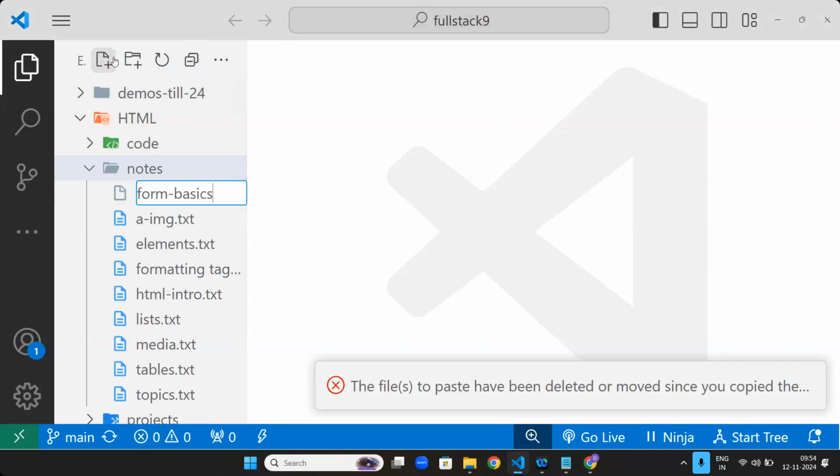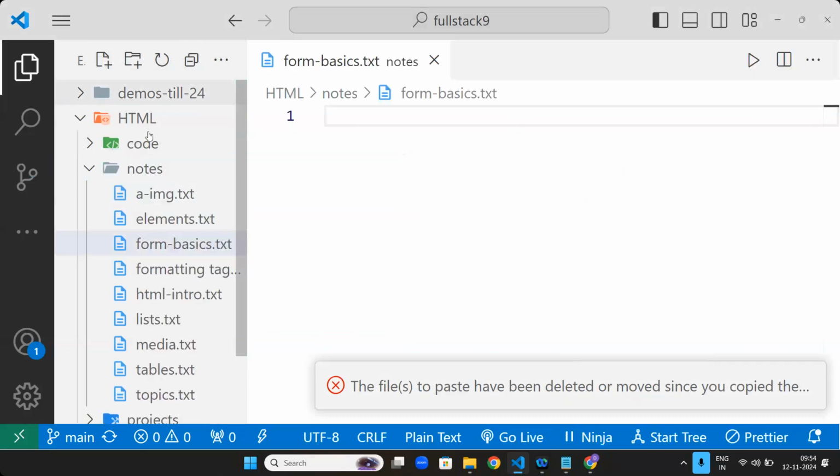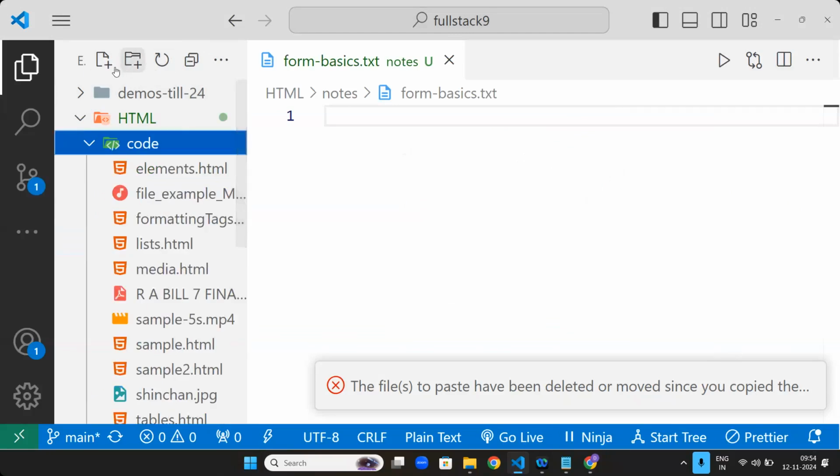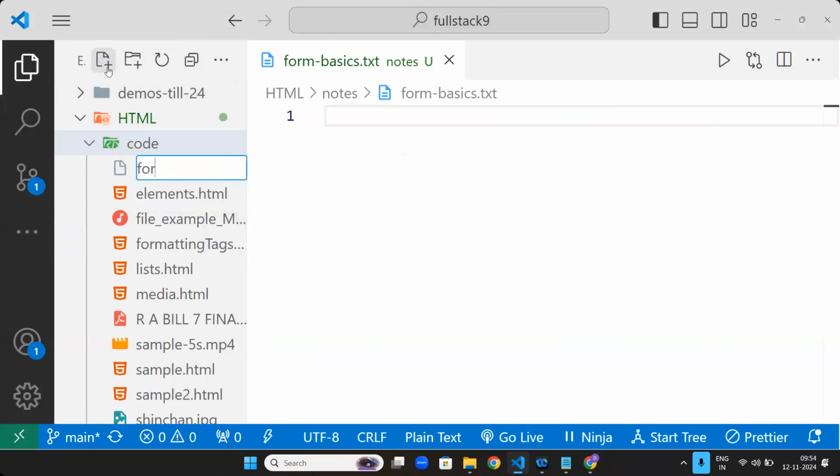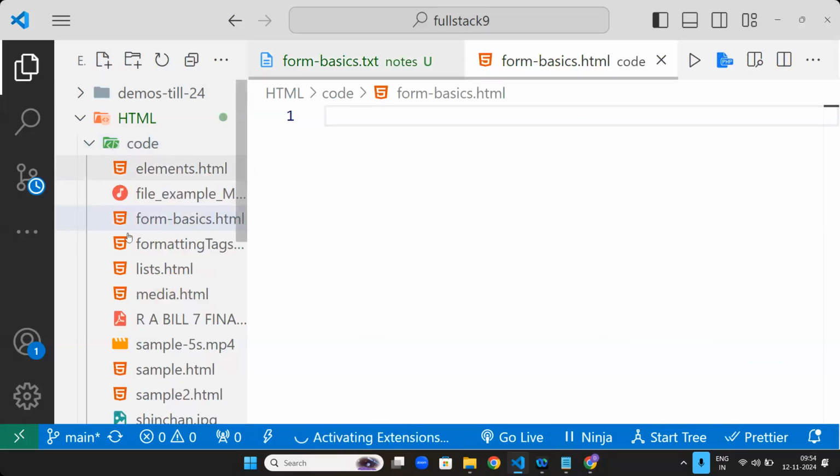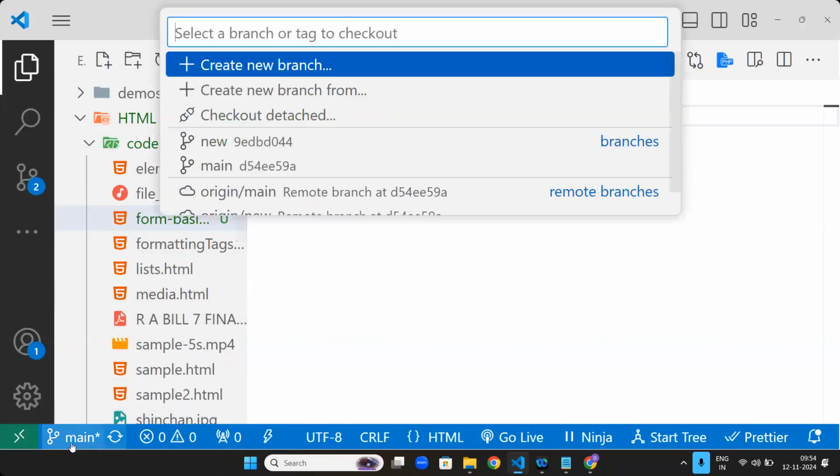Form basics, what we discussed yesterday. So what happened here is, whatever I discussed yesterday, I pushed it into the new branch. Okay, I want it in this one. So let me shift it to the new branch.